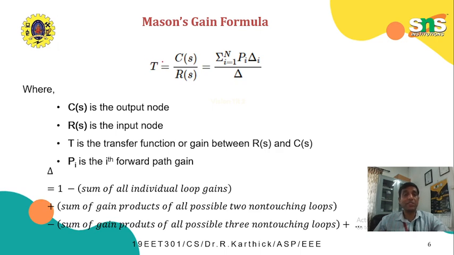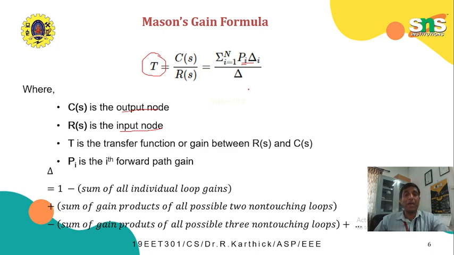Now T, the transfer function, is C of S by R of S, equal to summation i equal to 1 to n of Pi delta i, divided by delta. Where C of S represents the output node, R of S represents the input node, T is the transfer function of the system,